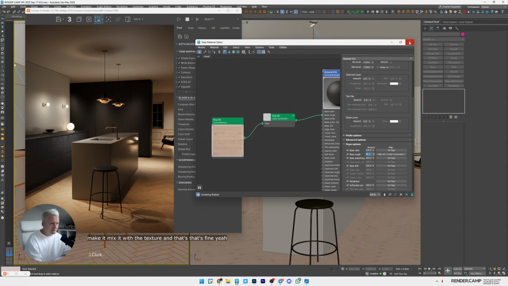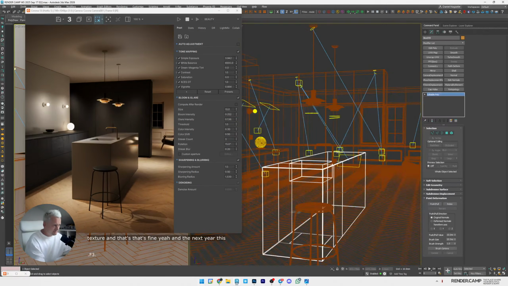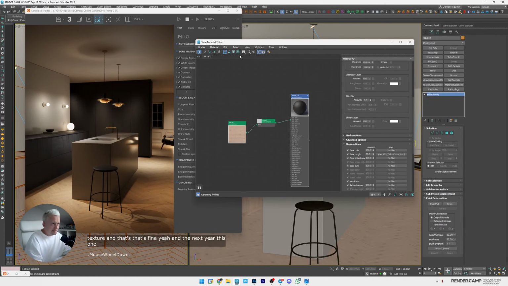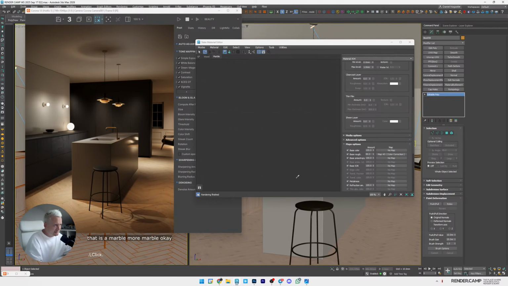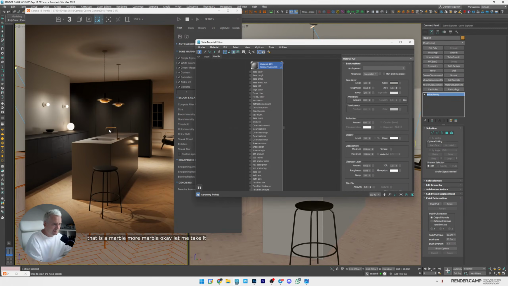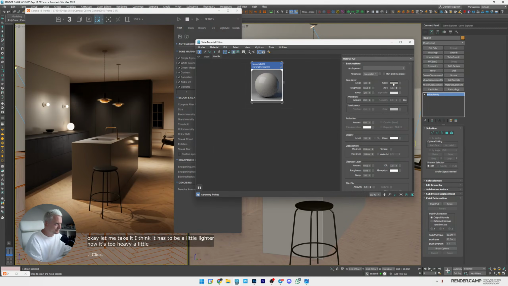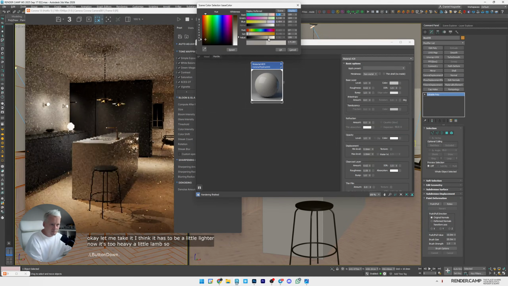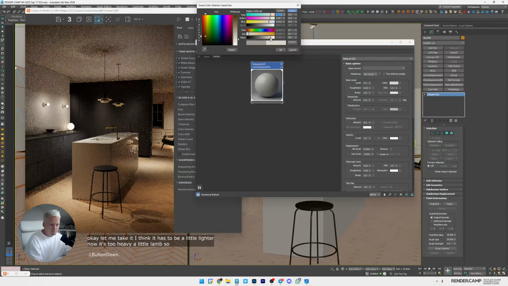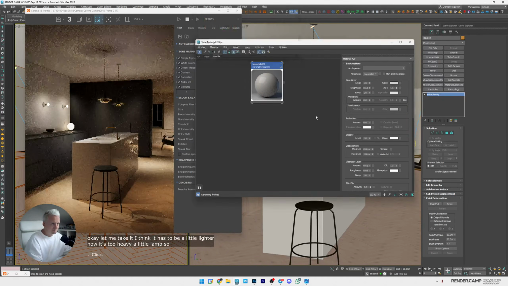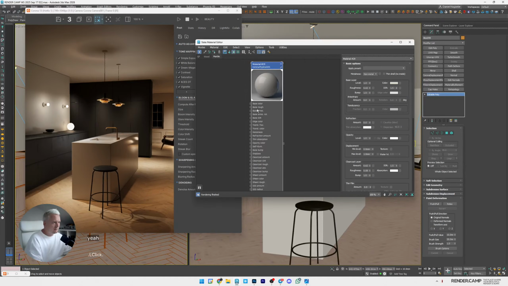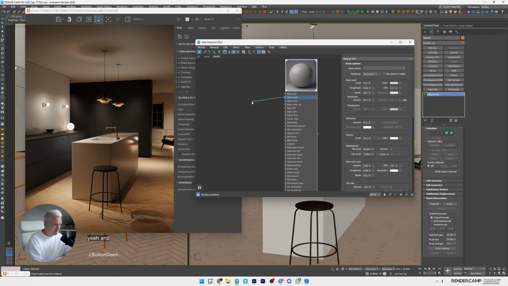And the next shader, this one, that is marble. Okay, let me take it. I think it has to be a little lighter. Now it's too heavy a little, yeah? So. Yeah. And roughness base. Oh, I don't have texture, so